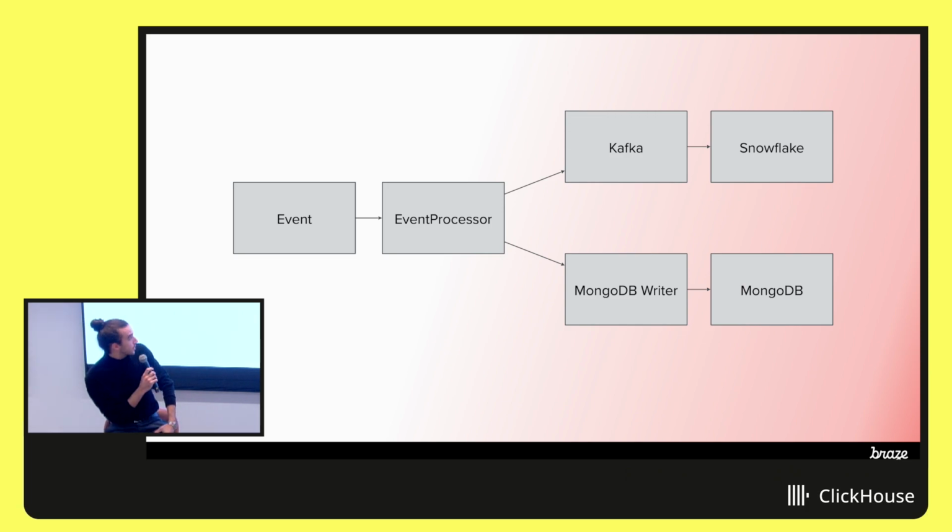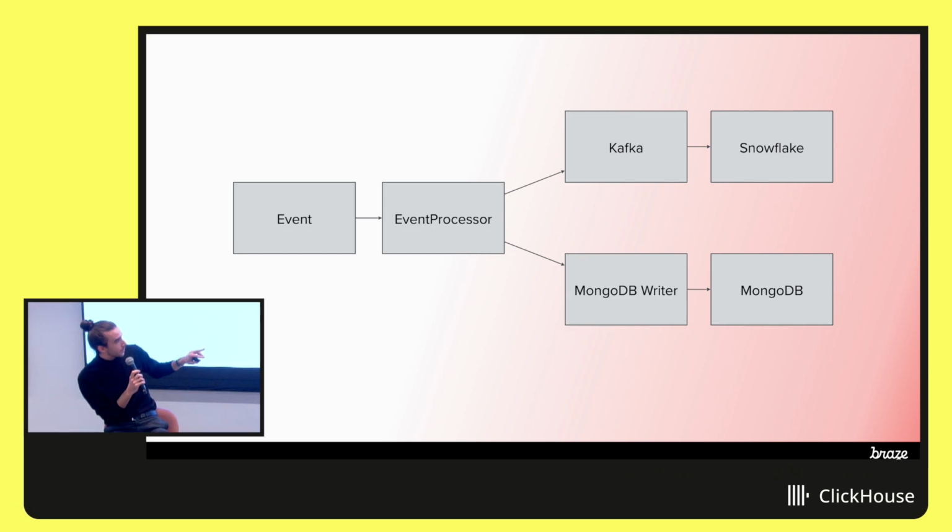So the current architecture we have right now, and Braze has grown with, is that an event comes in all the way on the left here. It flows through our event processors. And so the event processors apply all sorts of transformations, any sort of side effects we want for data coming in to apply to other systems can happen there, be dispatched there. And again, these are events through API calls, through SDKs, through different integrations our customers have set up. Through events that our email service providers send us, so anything you can imagine.